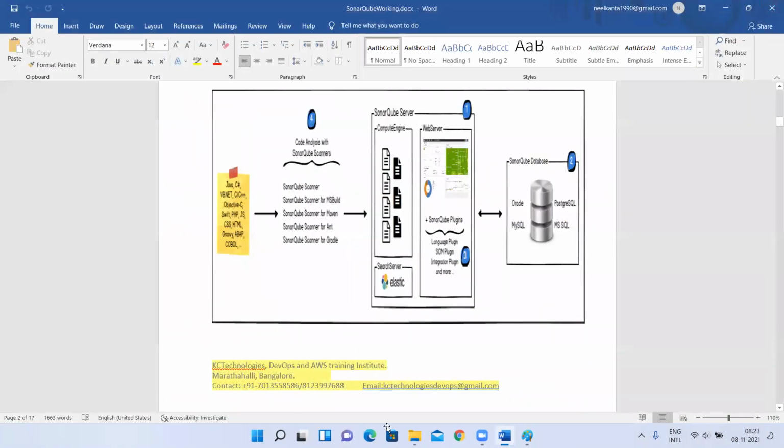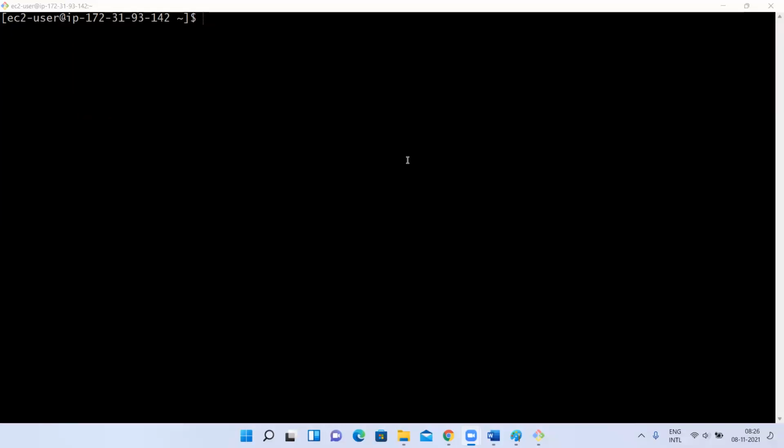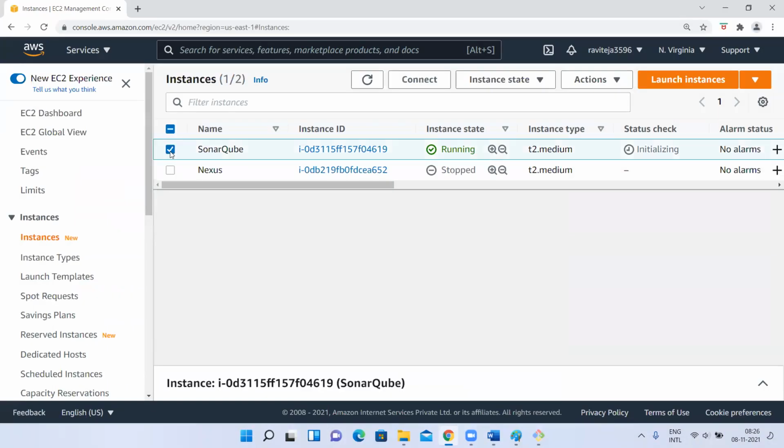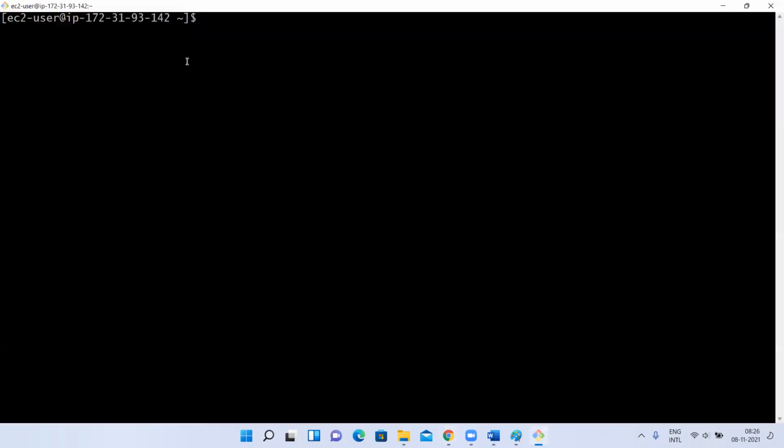Okay, fine. So let me launch my instance. Let me connect to my AWS instance. Okay, this is the instance. This is the instance we used in yesterday's class to configure our SonarQube and scanner on a Linux machine. We used the same instance for the SonarQube server and scanner. So yesterday I showed you how to configure SonarQube as a service and how to set the path for the SonarQube scanner.